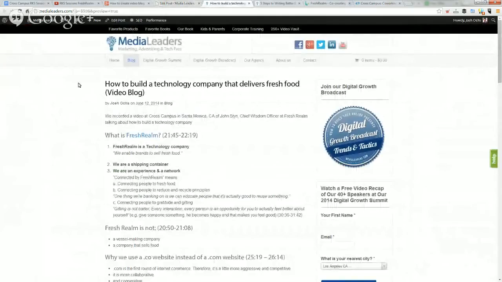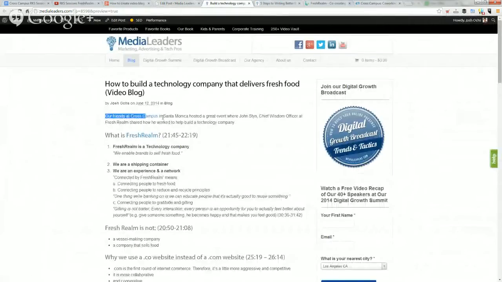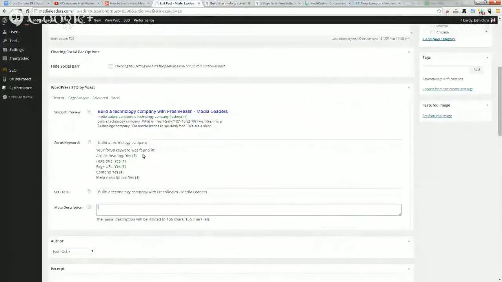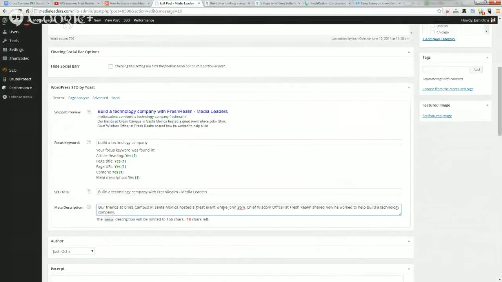Another way to get rid of the links is just to refresh on the front side and then copy this over here. Control-C. We're going to throw this into meta because it has our friends across campus in Santa Monica hosted a great event where John Stein shared how he works to help build a technology company. We need to remove 18 characters. Our friends across campus